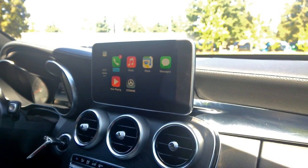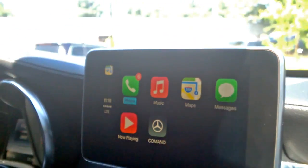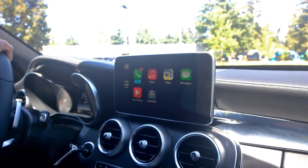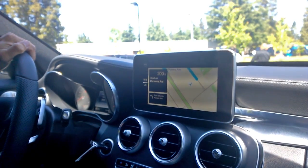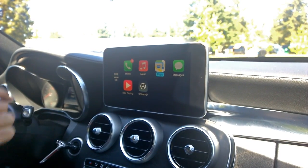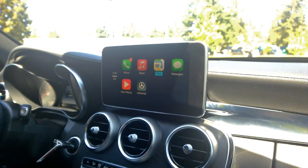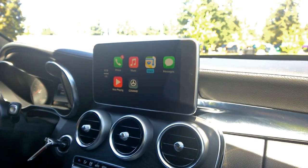And one last thing here maybe to show is this icon here. If you're switching back and forth between different apps, you can see that this icon represents that you've got a current navigation en route. So if we were to go in here and then get back out, you can see that disappears. Of course, when you're driving, you're still going to get notification prompts, both as slide down notifications and voice prompts that you can audibly hear. But at least you have an idea that there is a navigation